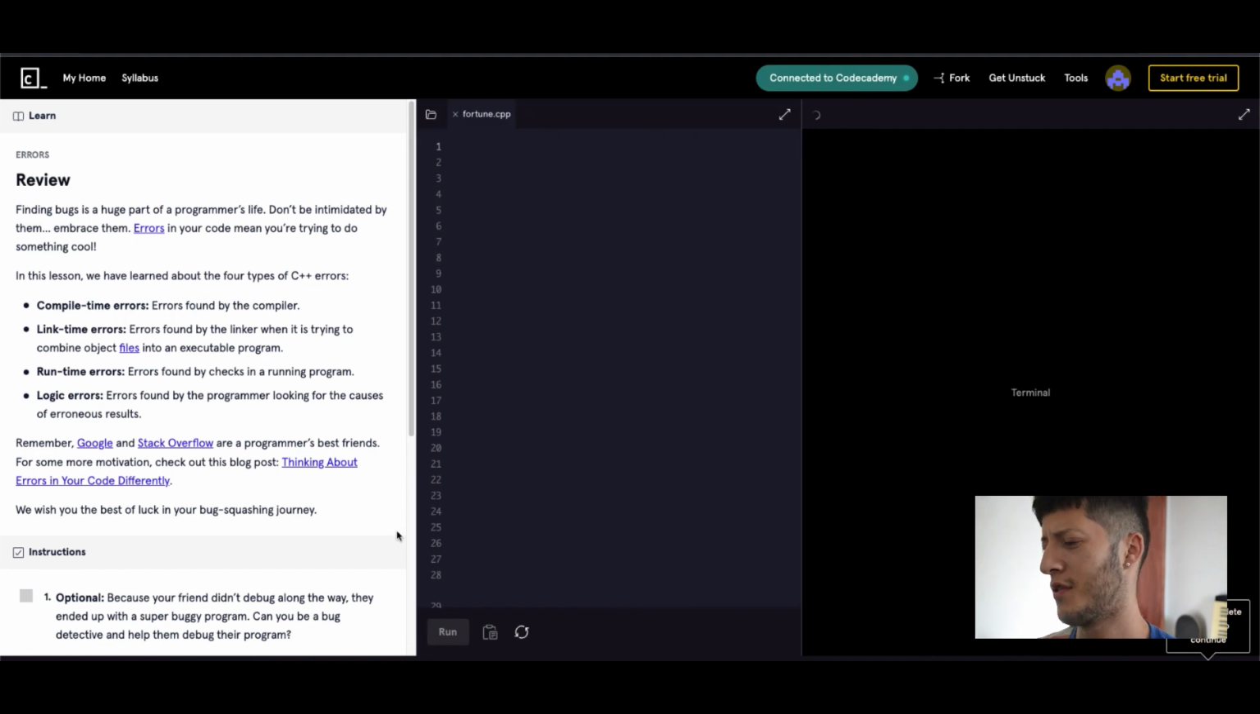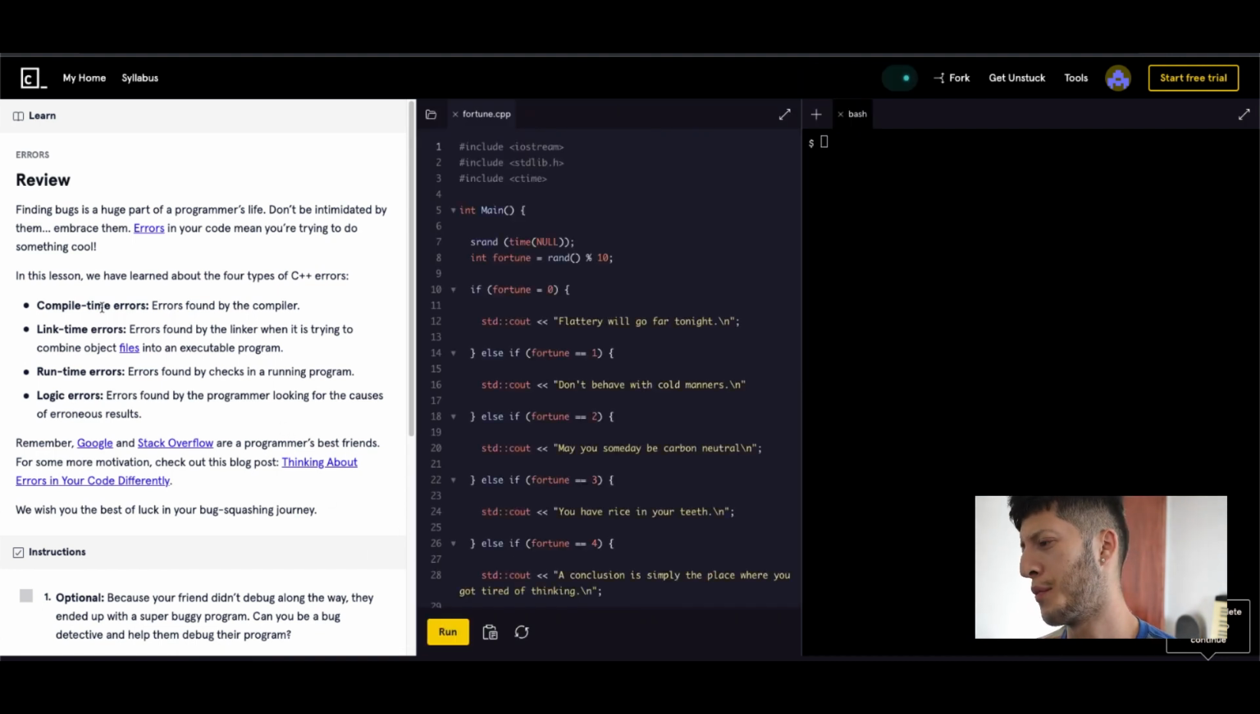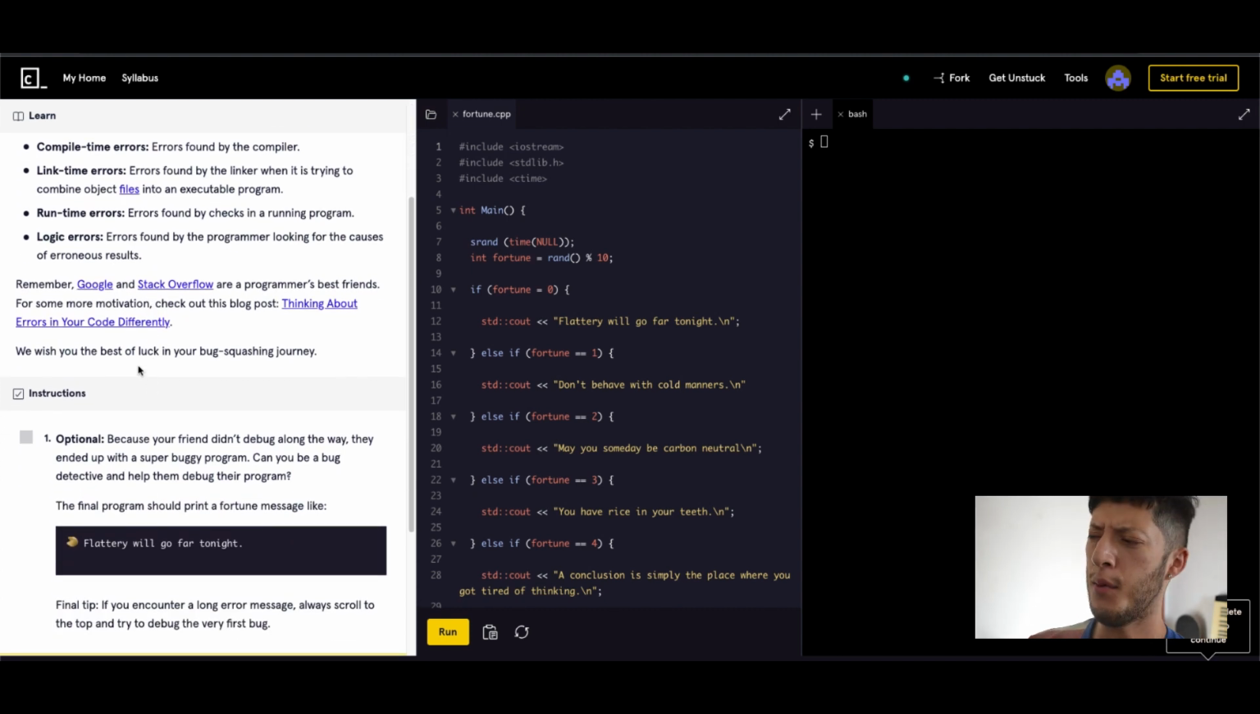Okay, let's just continue. So the review: compile time errors are found in the compiler. Link time errors are in the linker, which I believe is after compiling. Runtime errors, logical errors. Okay. Yeah,